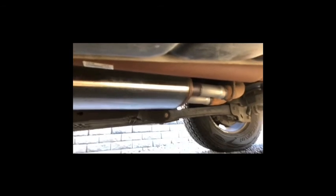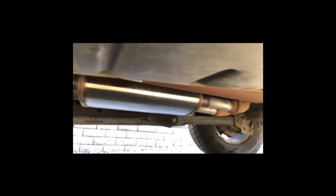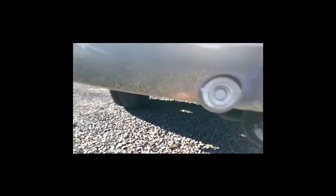The muffler shop did a pretty good job at retrofitting it. They needed to make a few adjustments on that. And then rear, I also put in airbag